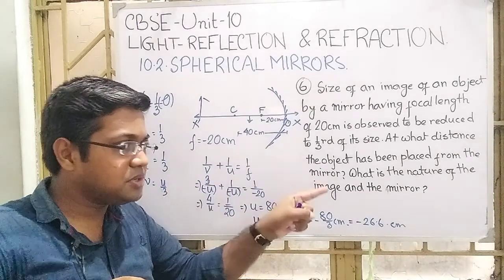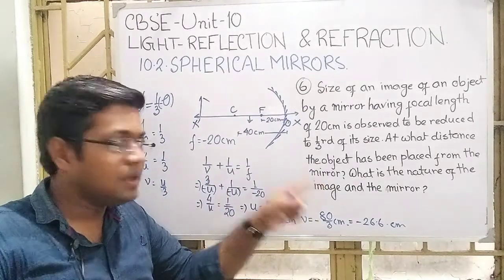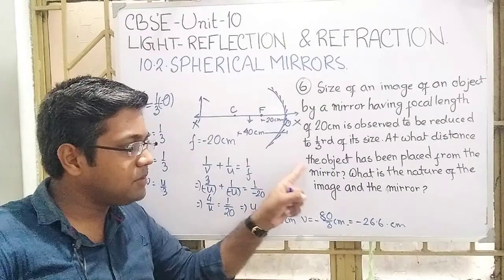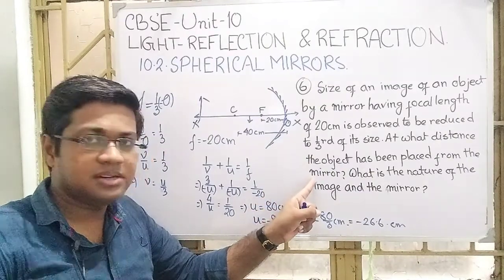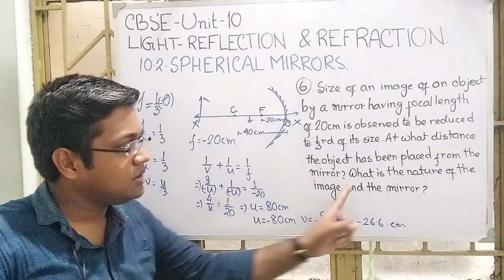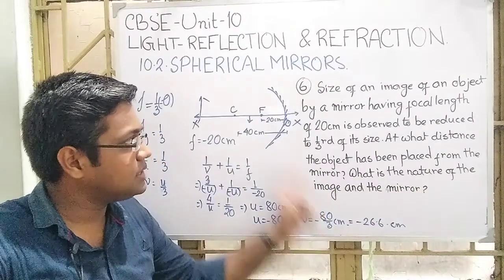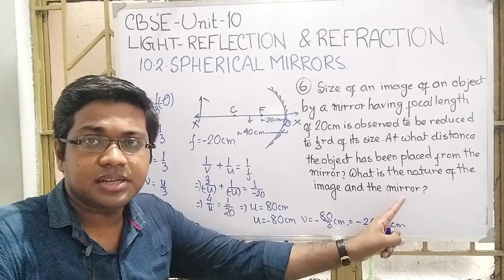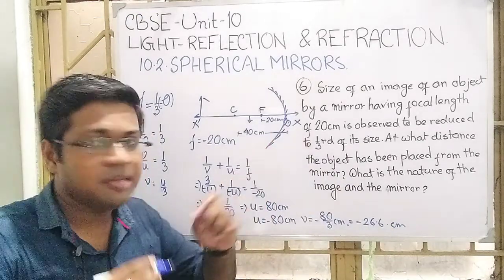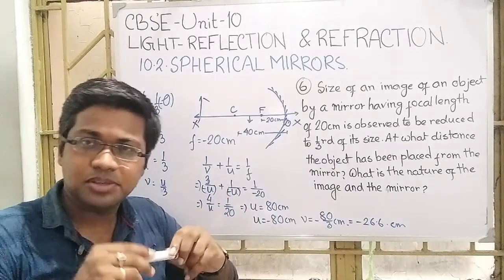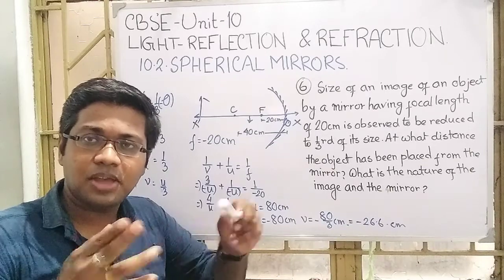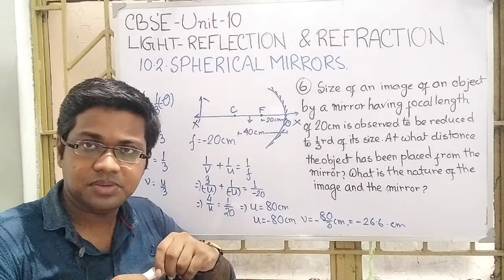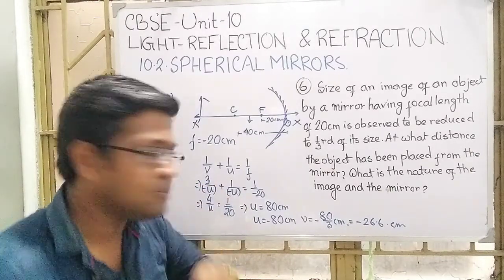So the first possibility, if I take, is that the object should be placed at a distance of 80 centimeter in front of a concave mirror. What is the nature of the image here? The nature of the image is real. And what is the nature of the mirror? The nature of the mirror is concave. But there is another possibility. How can I omit this? There is another possibility. Okay, if I take this possibility,